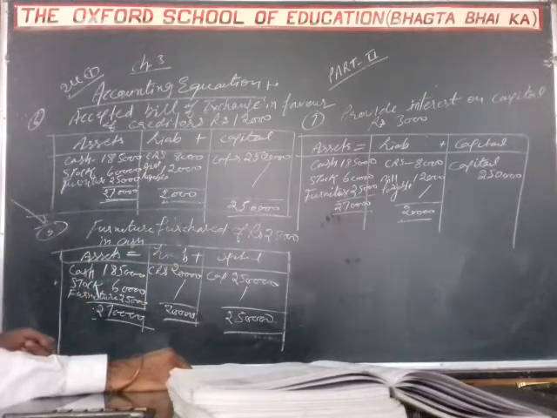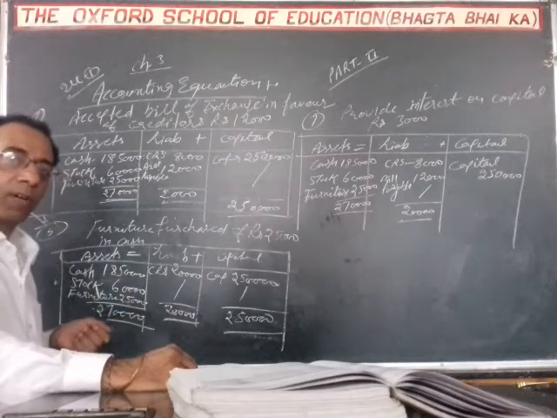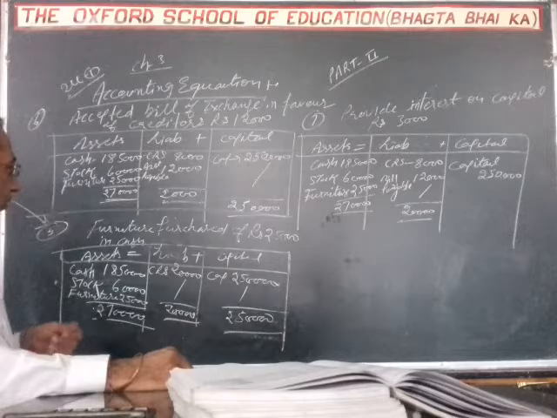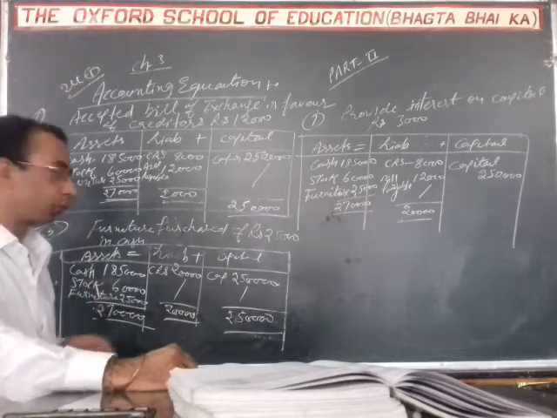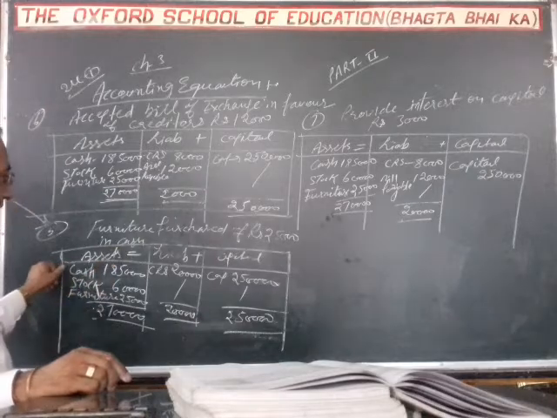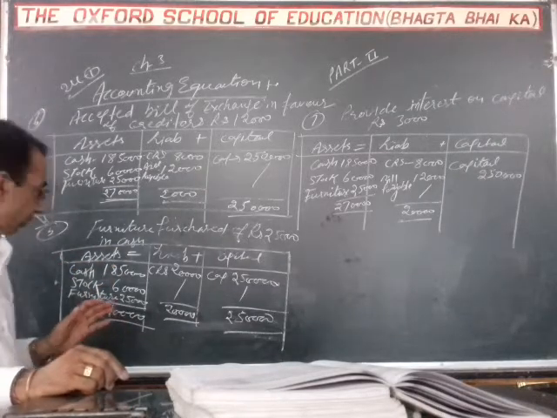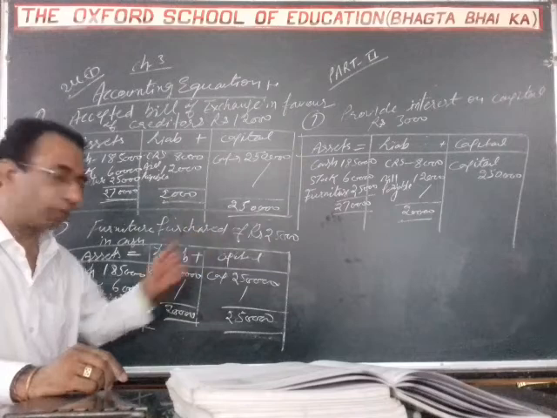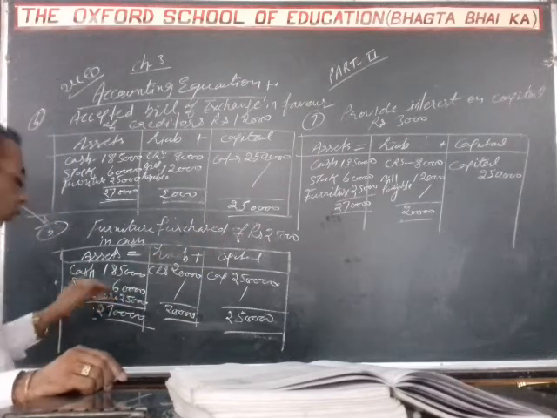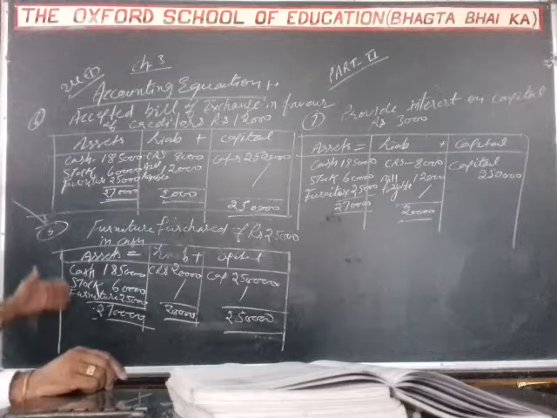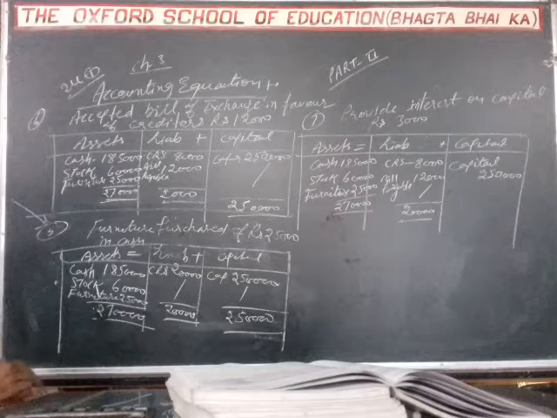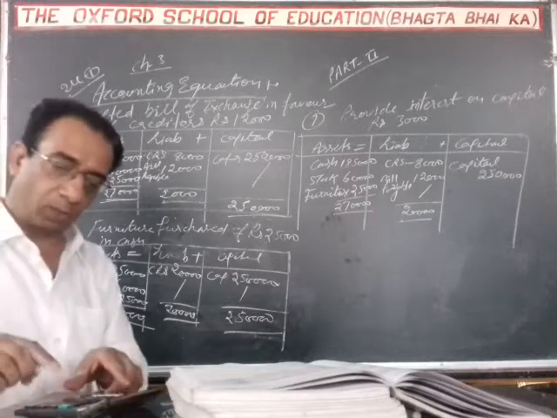Two things are very important. Furniture comes to us, 25,000. So, student, furniture 25,000 comes to us and cash 25,000 goes from us. If we see table number 5, cash remains 1,85,000 after deducting 25,000. Stock 60,000 remains the same and furniture comes to us, 25,000. So we have three figures: cash 1,85,000, stock 60,000 and furniture 25,000.